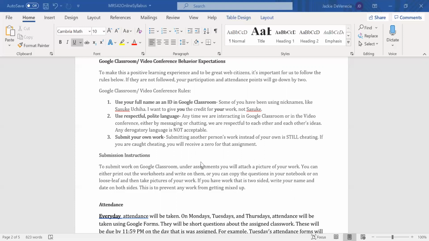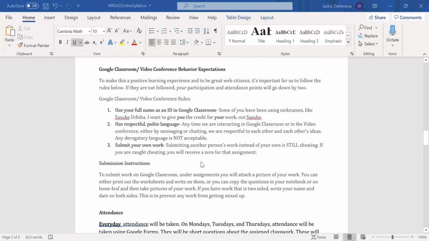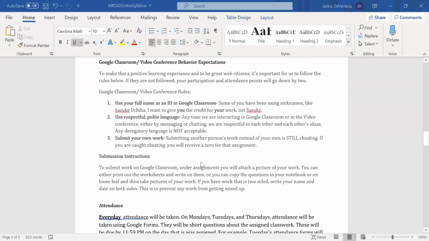You just want all that information there. And then you're going to take a picture of your work and send it through Google Classroom, like you can send it under the assignments. And you can print out the worksheets, but I'll also accept it if you copied the questions in a notebook and showed all your work on a loose leaf.